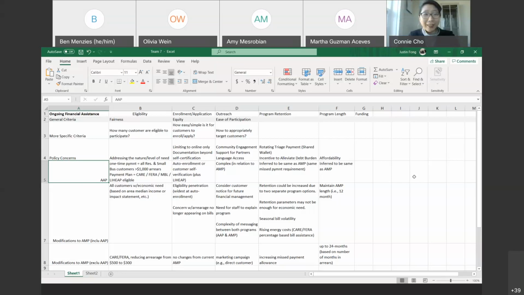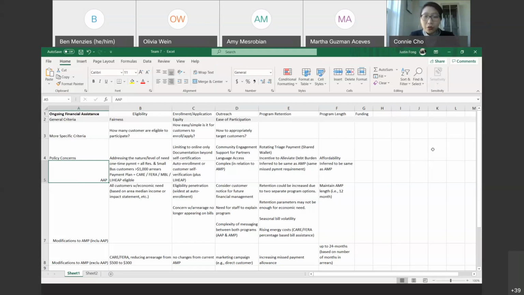So rather than ranking the values, we spent the vast majority of our time exploring what some of these values would translate into in terms of program design, and we hope that's still helpful for the Commission and all parties. We tried to improve our shared understanding about the following. First, that online only enrollment has been quick to launch, yet as we have sadly seen in the COVID vaccine rollout, we may miss enrolling a huge swath of vulnerable people through that means. That the widest eligibility penetration, meaning enrolling the largest number of people who are eligible, comes from auto enrollment, and